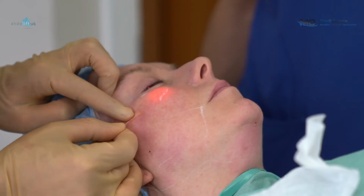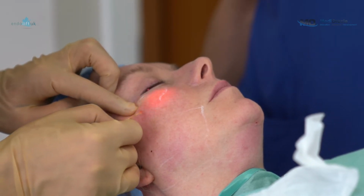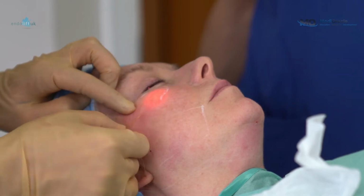So Mr Ezra, what periorbital indications would you treat using the Endolift laser? For me, it'd be very much about targeting malar edema specifically. I know there are some applications of using it to reduce the fat pads underneath the eyes themselves. My feeling is that there's probably a greater safety profile of using the treatment in the cheek area rather than the eyelid area, which has a slightly closer proximity to the eye itself. But it's really about that fluid retention in the apex of the cheek that I really am most